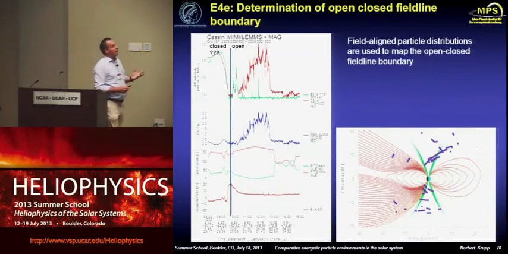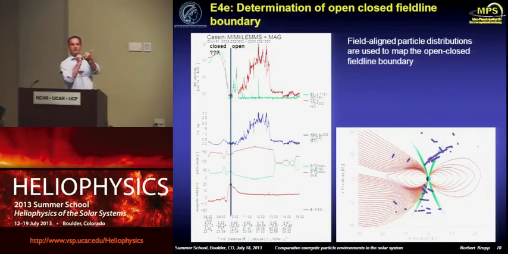And you can find this out if you have a detector on board a spacecraft looking along and against the magnetic field direction. And this is shown here. So they are about the same energy ranges. One detector is looking along the field line. The other one is looking against the field line. And they match quite nicely all the way until about this position here,